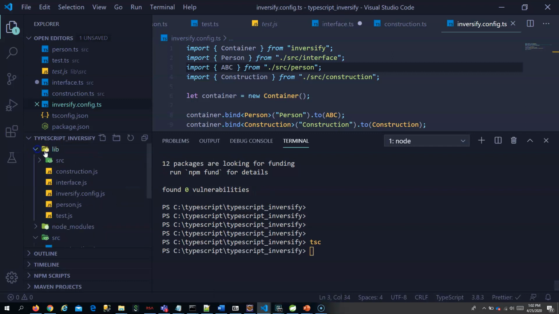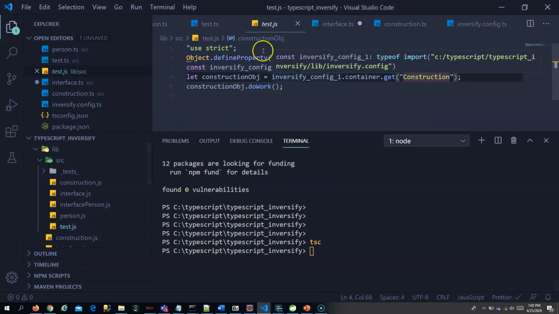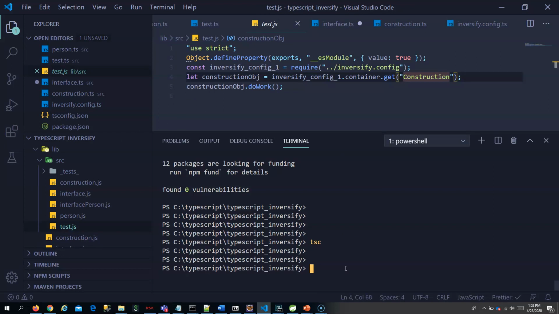Now it got transpiled and we have the JS for whatever we wrote, right? Our JS is present over here. So we are supposed to run this test.js. For running that, let me run node lib src, not lib, src test.js,